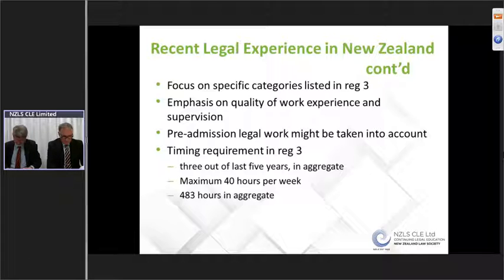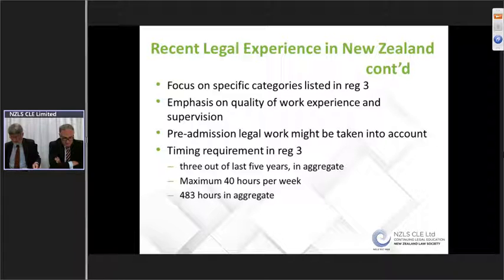Then you've got legal work in the state sector or with a local authority, and legal work with a company or any other body. So the emphasis is on the quality of the work rather than the nature of the enterprise in which it's occurring. However, I would add that obviously the quality of your evidence supporting your application, and the part which focuses on satisfying the recent legal experience part of the requirements,